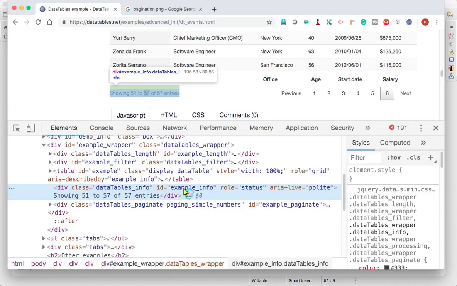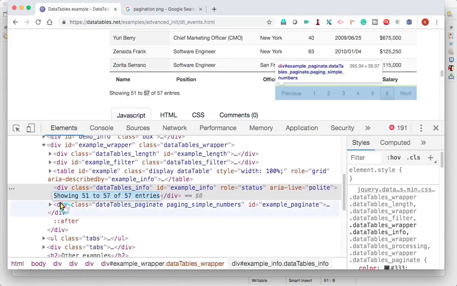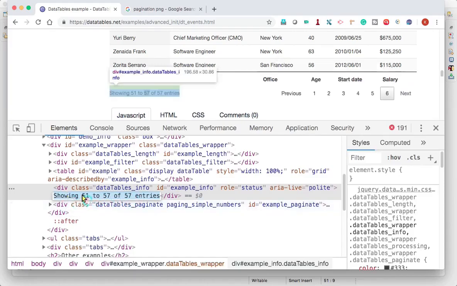I have the ID example info. Once you get the string of that, I will split it with spaces, as it is a big string. Once you split with spaces, it will become a string array. In the string array I need this 57. That 57 is at index 0 1 2 3 4 5. In the 5th index I have 57.